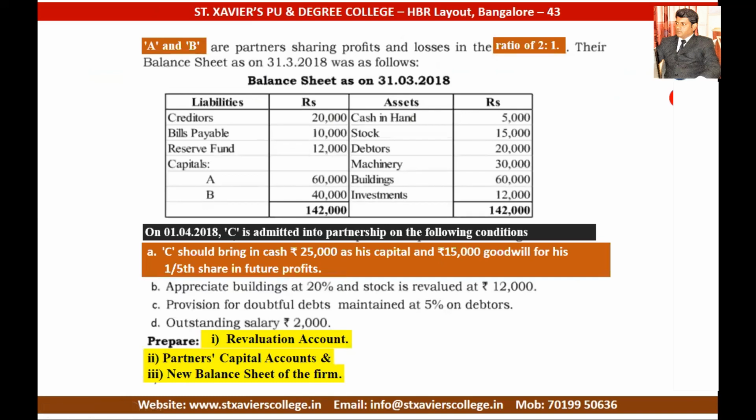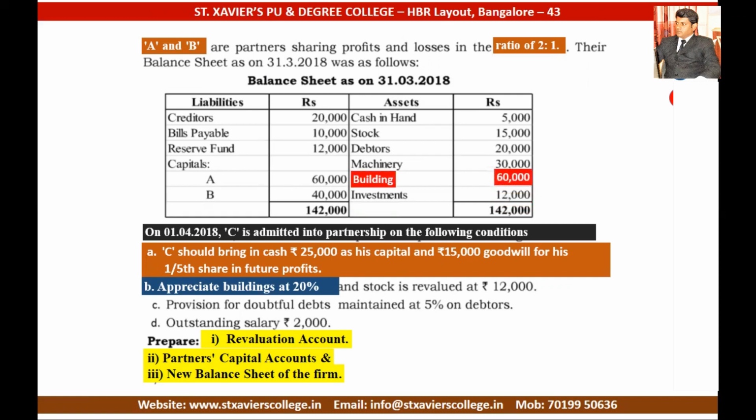Appreciation here refers to the increase in the value of an asset. Due to development and growth, if any asset value goes up, the increased value is said to be income, and the income on building is shown as 20%. Now let us take the value of the building, how much it is. See on the question balance sheet, the building is shown as 60,000.